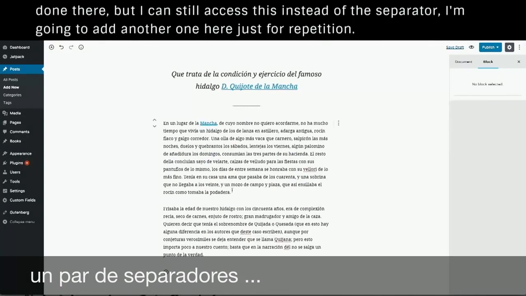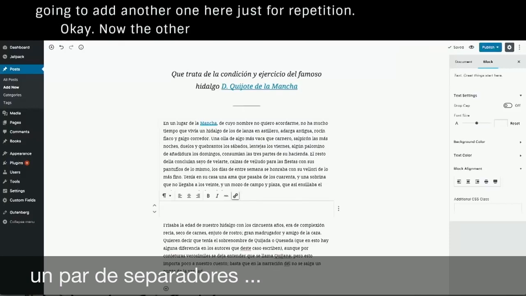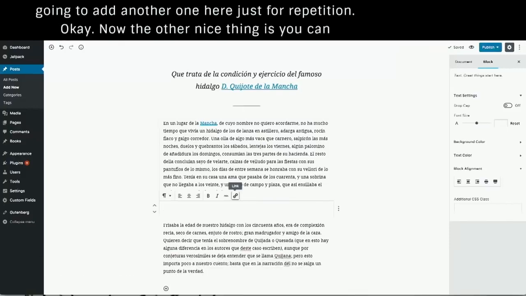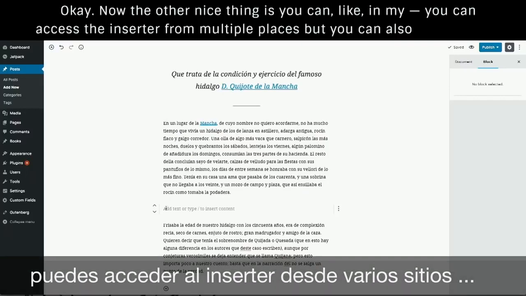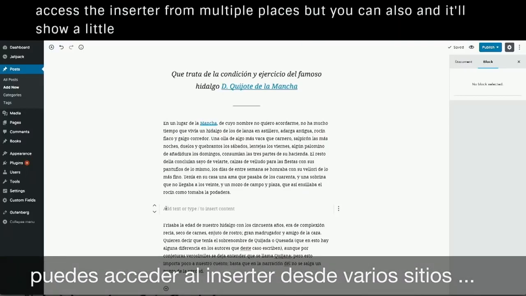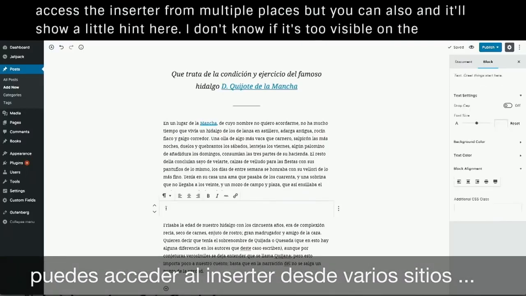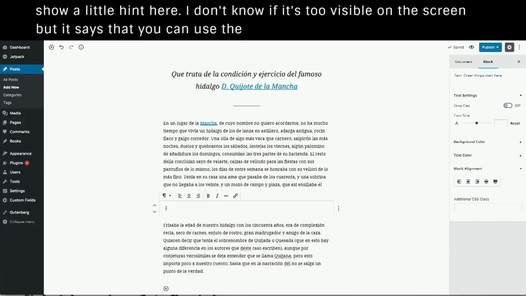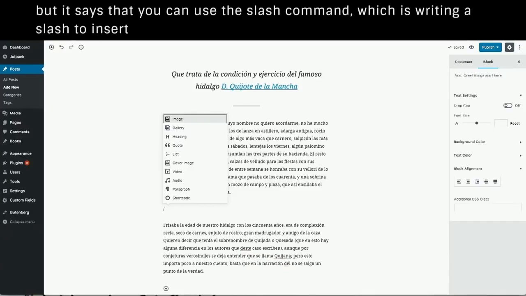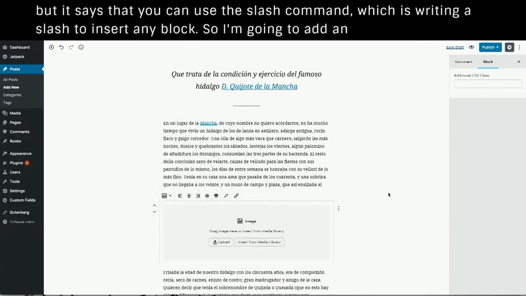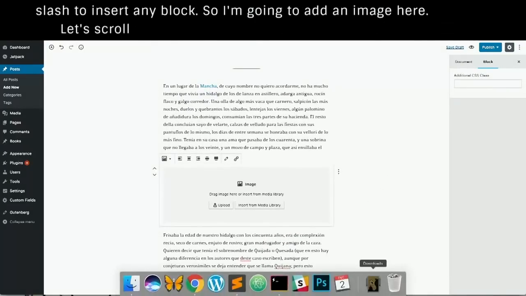Okay. Now, the other nice thing is you can access the inserter from multiple places, but you can also, and we show a little hint here, I don't know if it's too visible on the screen, but it says that you can use the slash command, which is writing a slash, to insert any block. So I'm going to add an image here. Let's scroll a bit. I'm going to drag